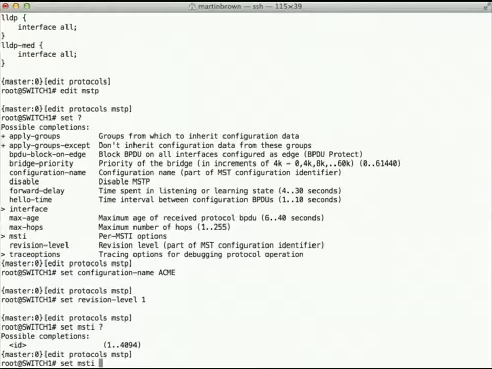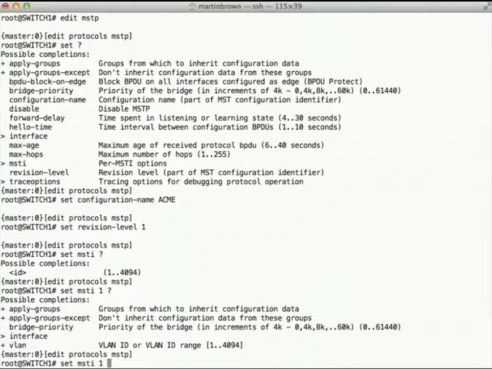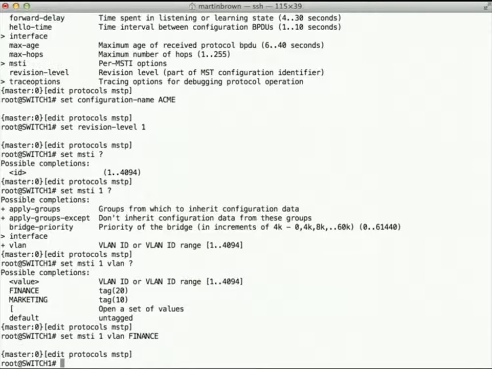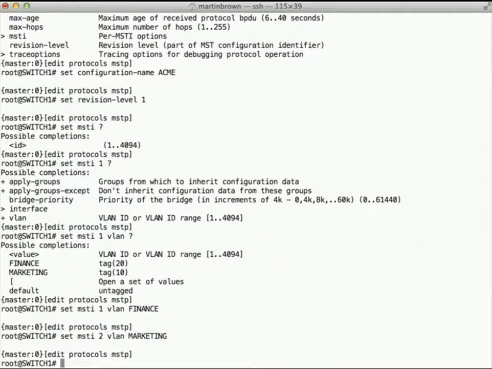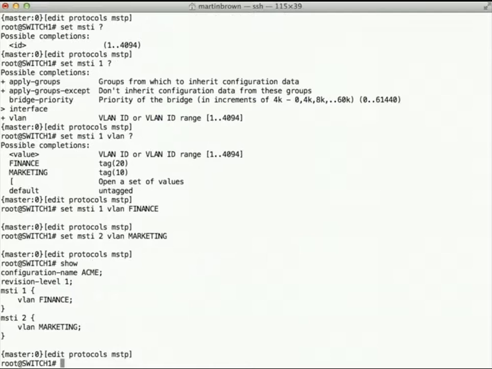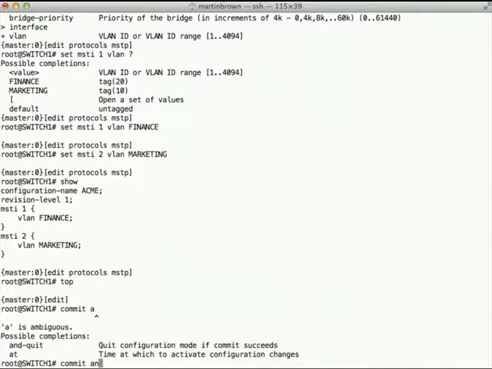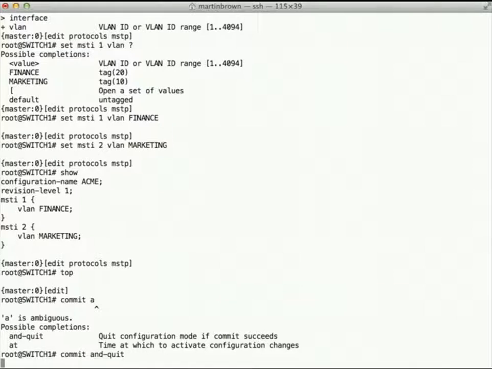So if we say set MSTI 1 and then VLAN, and we will say finance. Then we'll set MSTI 2 to VLAN marketing. In theory, that's all we need to do. So, if we now commit this